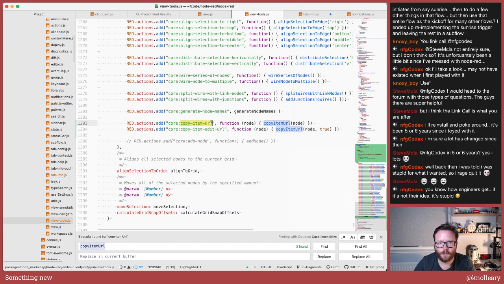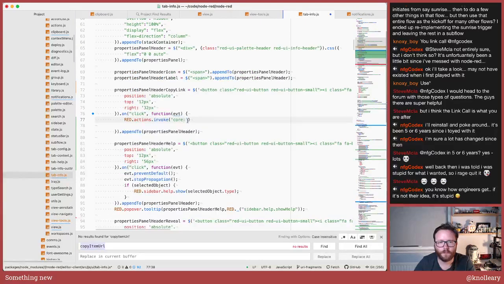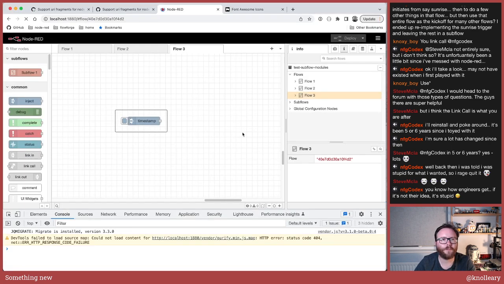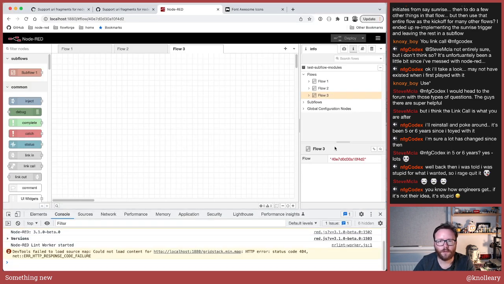Copy item URL. And we're going to pass it, I think, selected object is what is selected. Let's try that. Okay, so with nothing selected, if I click it, copy the URL to clipboard, and if I paste,